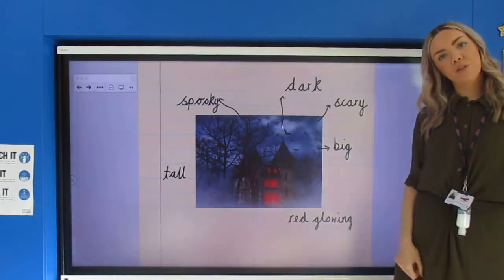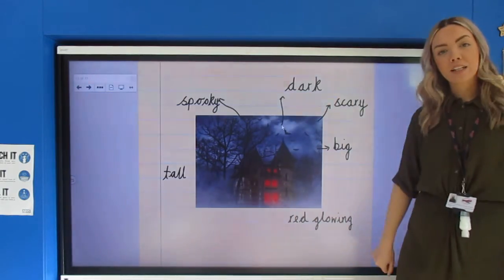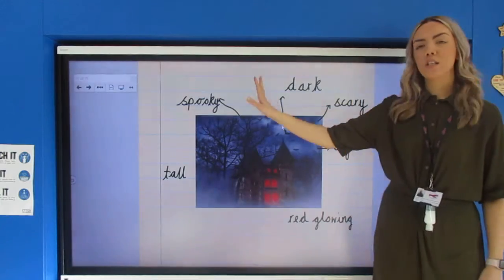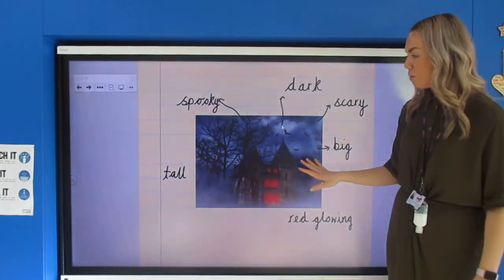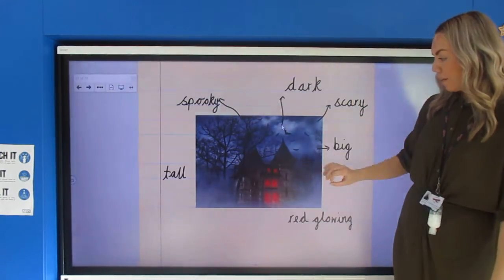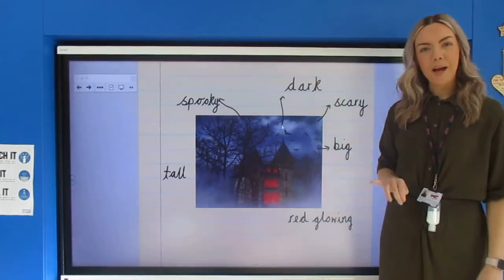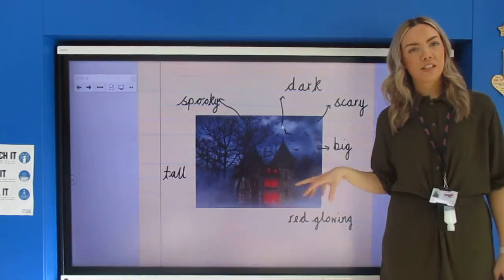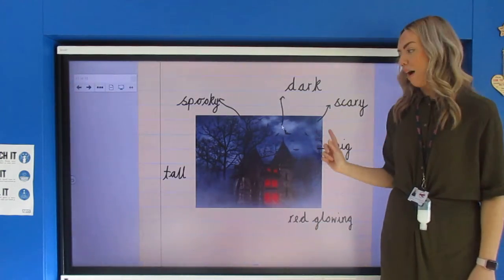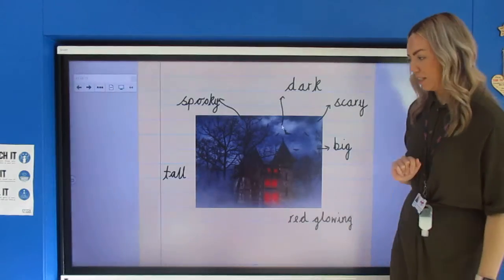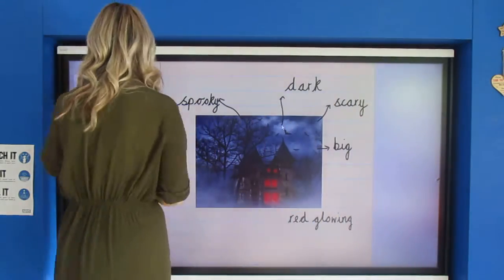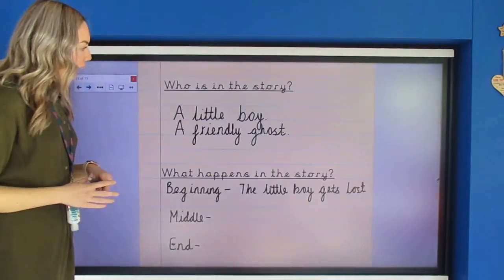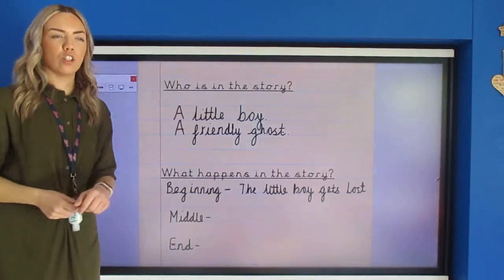You could draw your haunted house in the middle of your board like mine, okay? And then get lots and lots of adjectives describing the house, describing the trees, describing the sky, describing the bats. Think of all the different things that you could use to describe, okay? Brilliant. And then once you've done that, we are going to have a look at 2 questions before we start